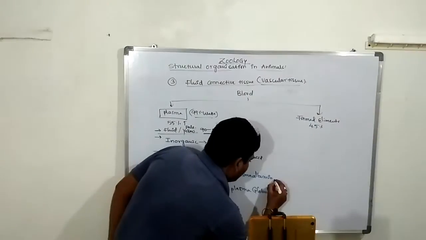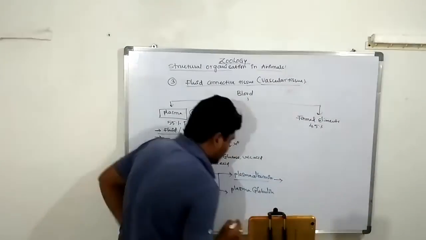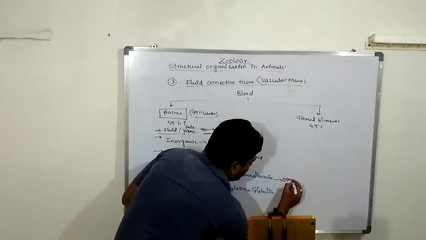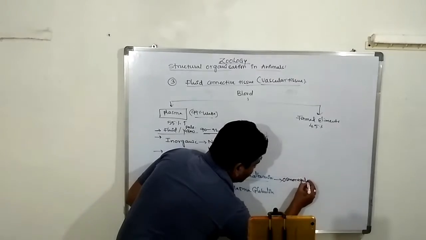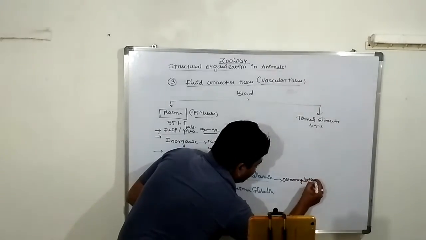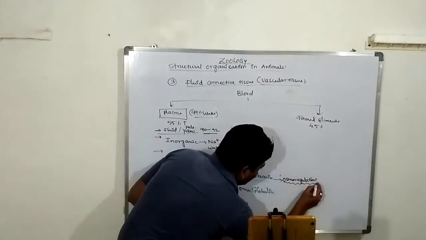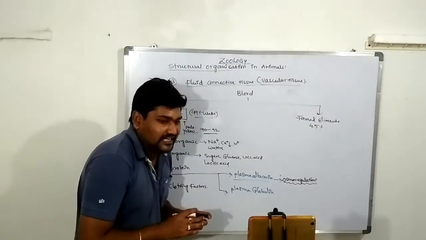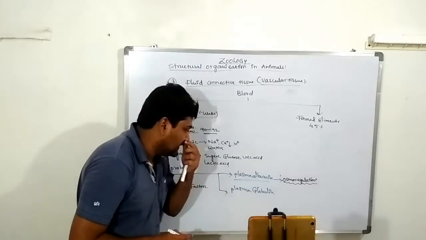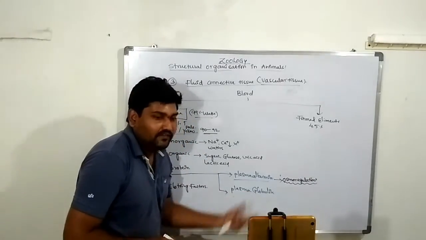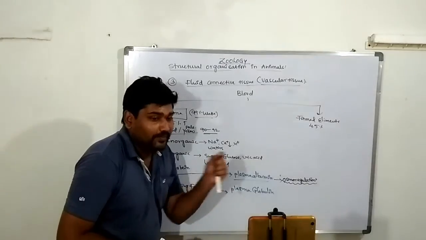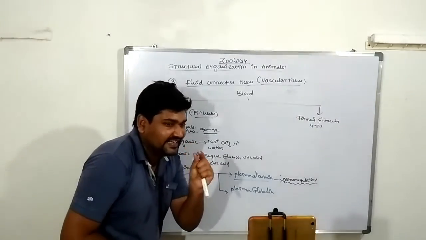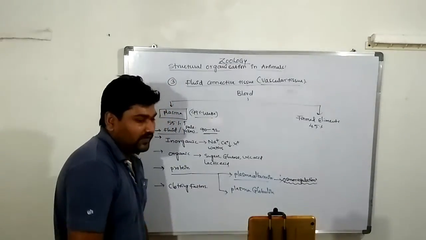Plasma albumin is useful for osmoregulation. What is the importance of this regulation? It regulates the water and ions in proper condition, and that is known as osmoregulation. If water is lost from the plasma, the level decreases in the whole volume of the blood.